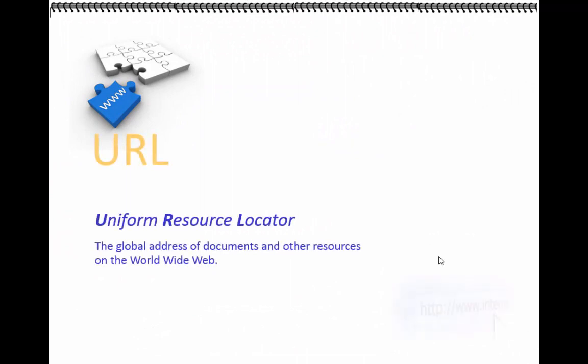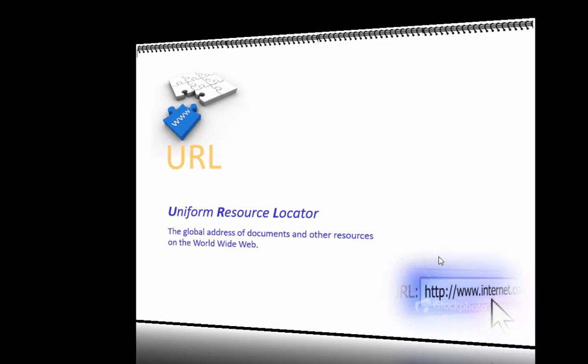Now, I said there are billions of web pages on the internet. How does the web server or the web client know the particular web page that you want when you're browsing the web? This is what is called the Uniform Resource Locator. Just like the address on the envelope of a letter directs you to a particular house in the real world, the Uniform Resource Locator directs you to a particular resource or a particular web page on the World Wide Web.